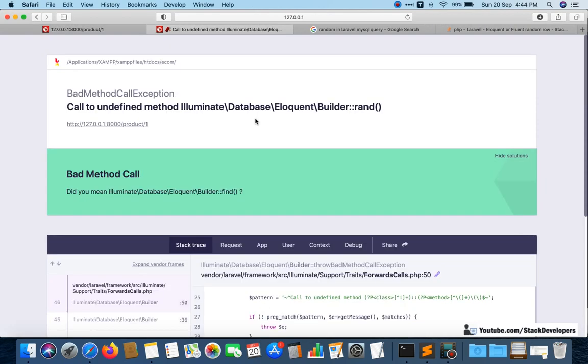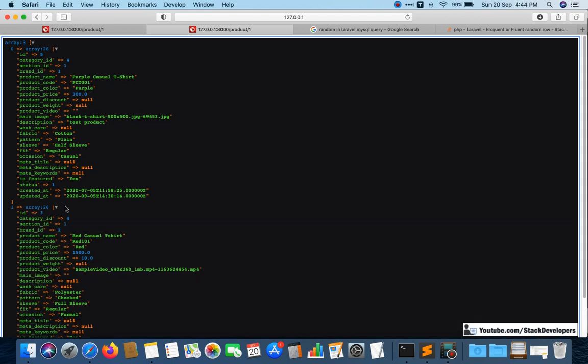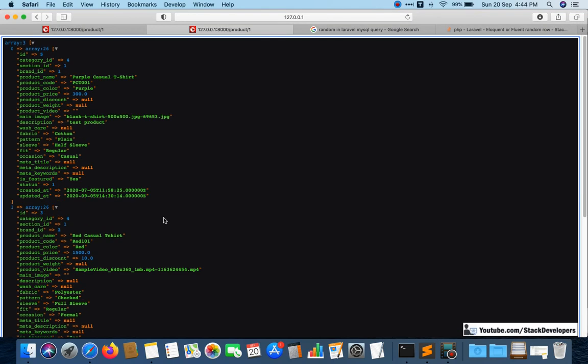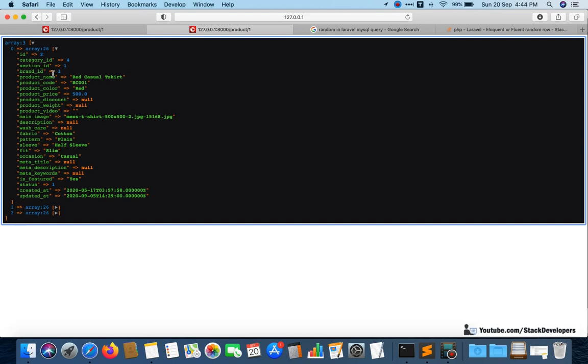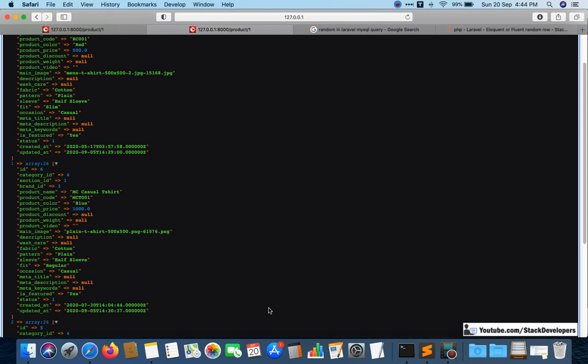So now I'm going to refresh once again, and check: id 5 is coming at the top, then id 3, then id 2. Now I will refresh once again, and there must be some other id at the top. So random means that every time different products will open. I'm going to refresh now and check. See, id 2 is coming at the top. Earlier id 5 was coming, now id 2 is coming. So products are randomly displayed. See, id 6 is coming. So every time the 3 products that come here will be different. That is what we want.